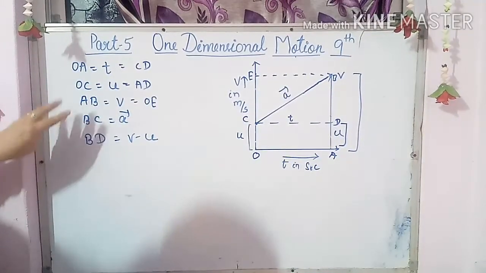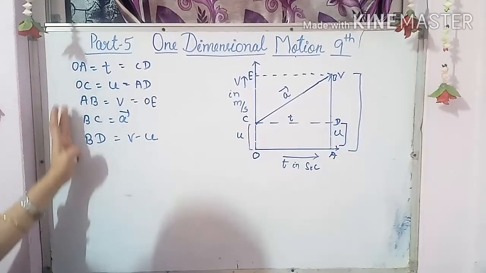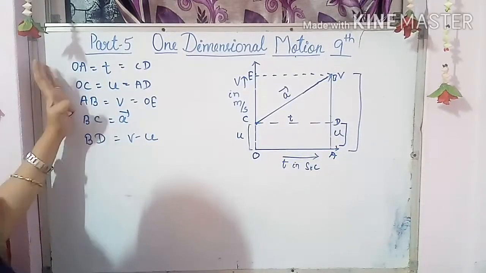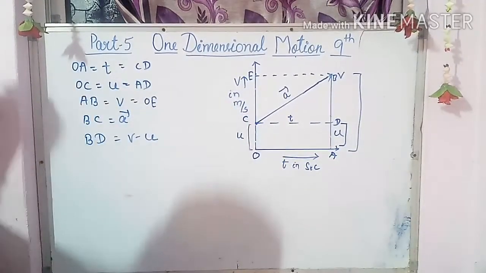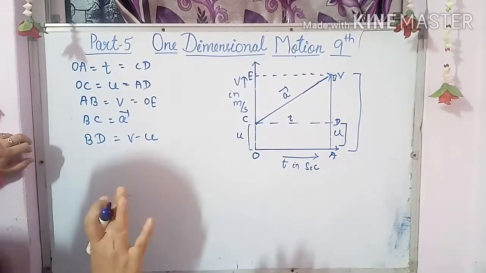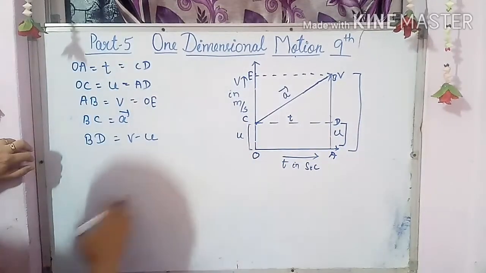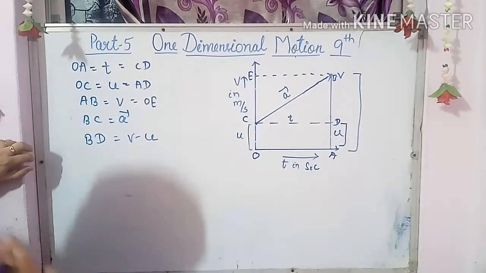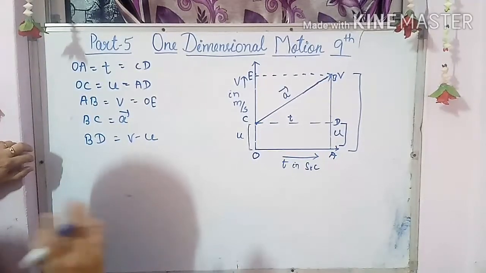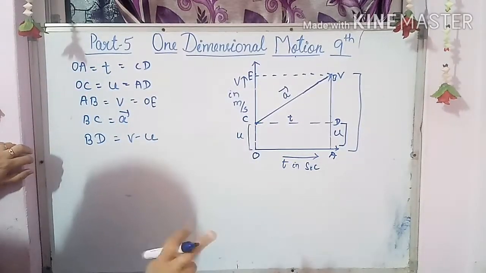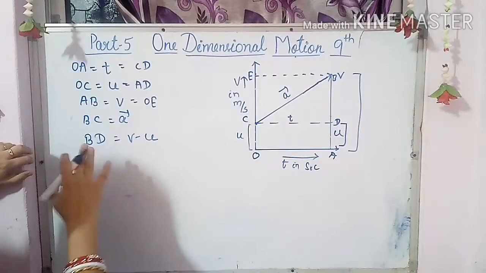After that, first you have to write the theory, then you have to write these values. In all the three equations, this is compulsory. Your theory part, these values and this figure are compulsory. In your exam, any one equation will be asked. At that time, with the theory, these values and this figure, you can prove that equation of motion. No need to do all three equations of motion. Whatever equation it asks, you have to do that only. But again I am telling you children, the theory part, this figure and these values are very important for each and every equation. So children, now I am going to write the theory.